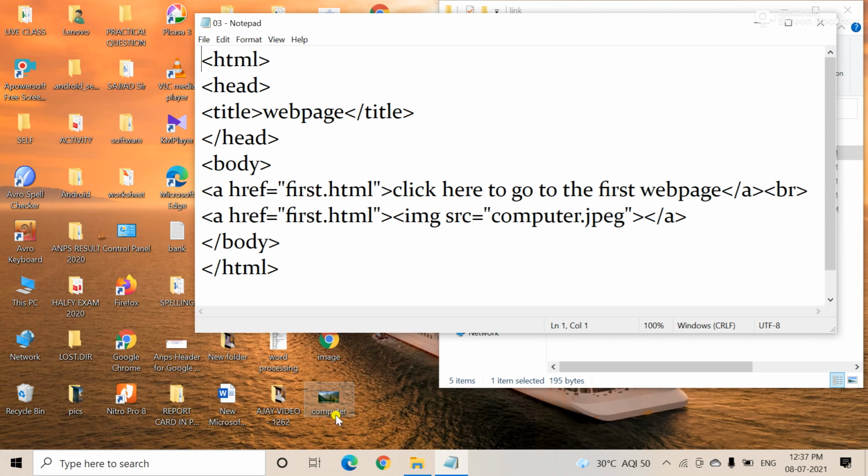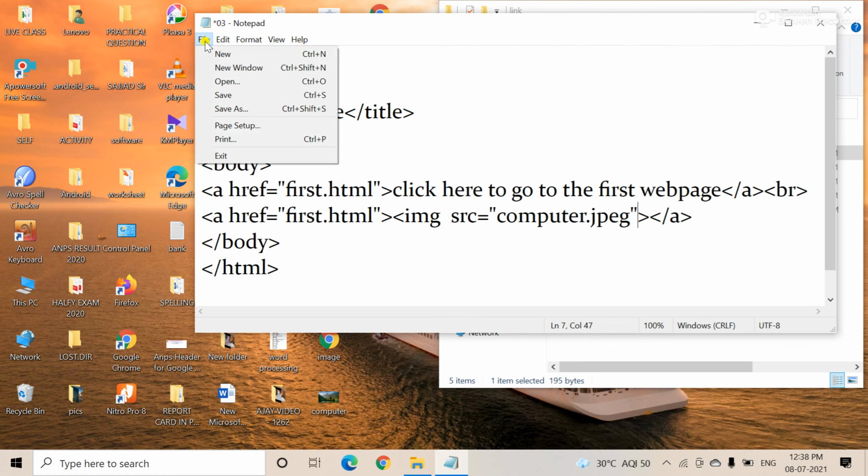Again we are typing IMG SRC equal to, bracket open, computer.jpeg. First you verify the format of the pictures.